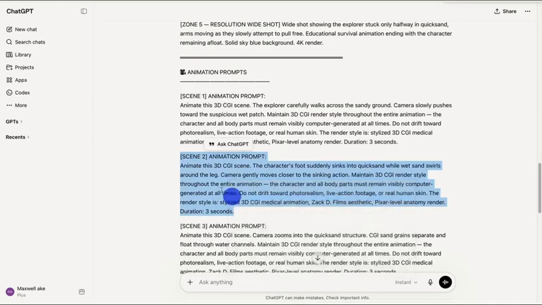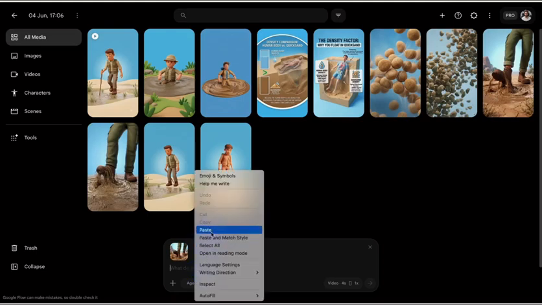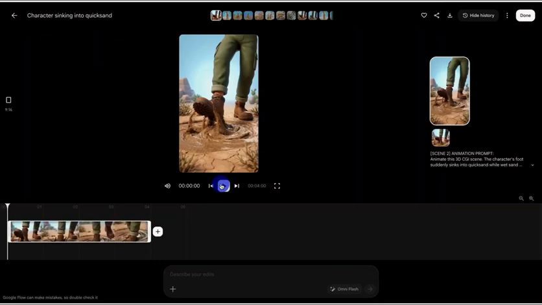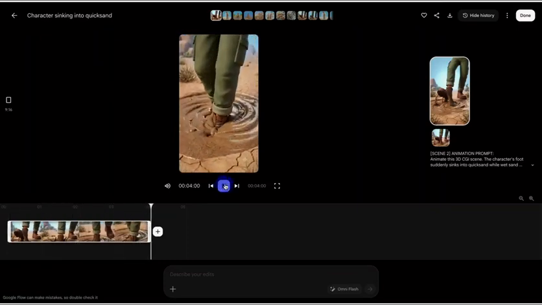Go back to the chatbot and copy the second image animation prompt. Then drag your second selected image into the timeline, paste in the animation prompt, and hit Generate. Now, once your second animation is finished, take a moment to review the output and make sure everything looks good. Check that the movement feels natural, the pacing matches the scene, and the overall style remains consistent with the rest